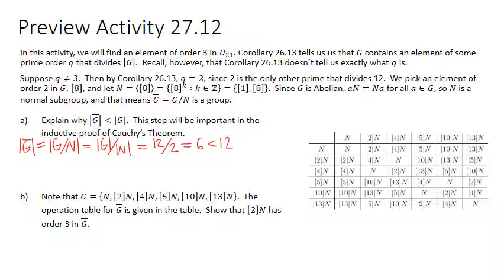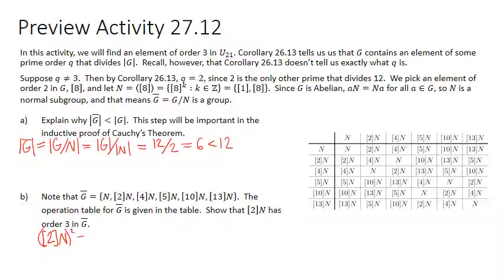Okay, so note that G bar equals N, 2N, 4N, 5N, 10N, and 13N. Those are the cosets that are in G bar. The operation table for G bar is given in the table. Show that 2N has order 3 in G bar. Okay, so how are we going to show this? I'm just going to take the integer powers of 2N. So let's see, if we do 2N